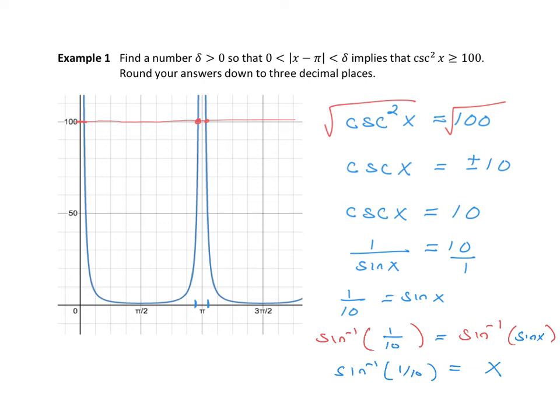Now, one thing to be careful about is when you use the sine inverse function to solve for x, the way it's defined is it'll only give you a value between negative pi over 2 and pi over 2. So we'll have to use that information to reason out, well, it's going to give me an answer somewhere over here. How can I use that to figure out what's going on over here? So I'm going to type this into my calculator, and I'm going to make sure that it is in radian mode. So sine inverse of a tenth